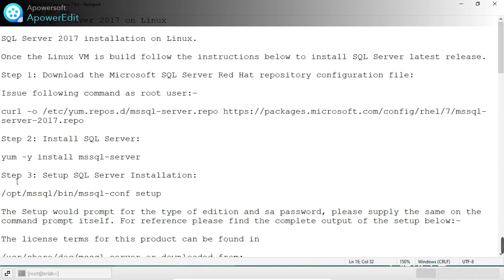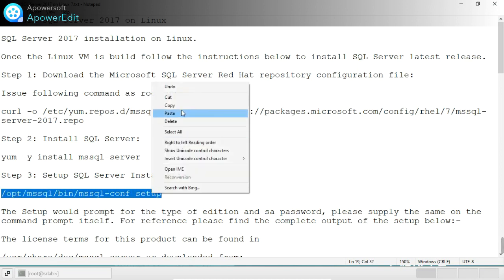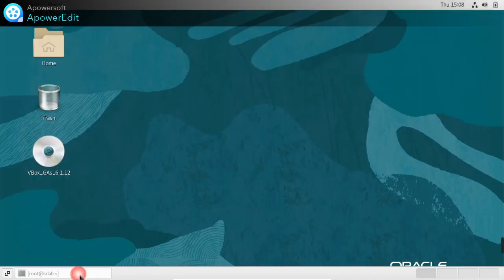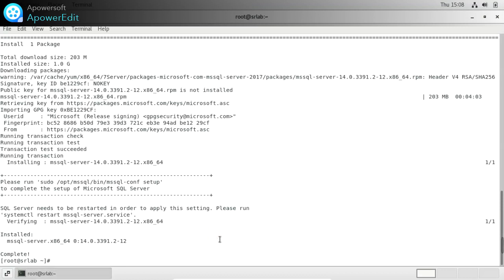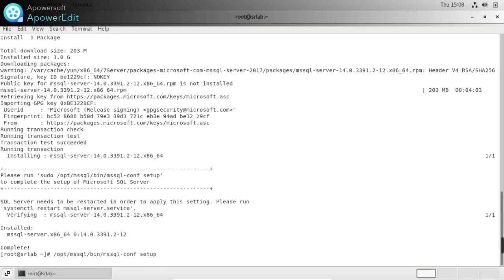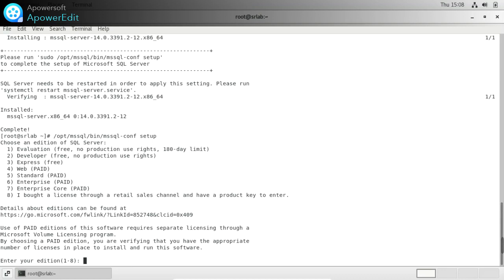And then we need to do step 3, set up SQL Server installation. So now, mssql-conf setup. Enter your edition.